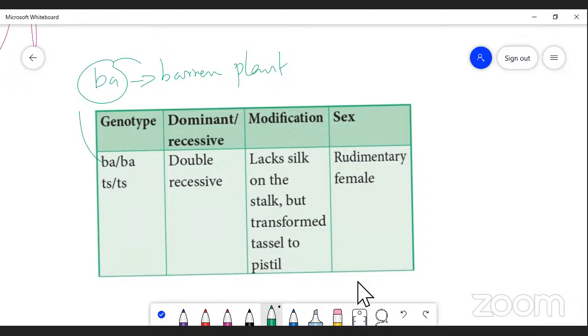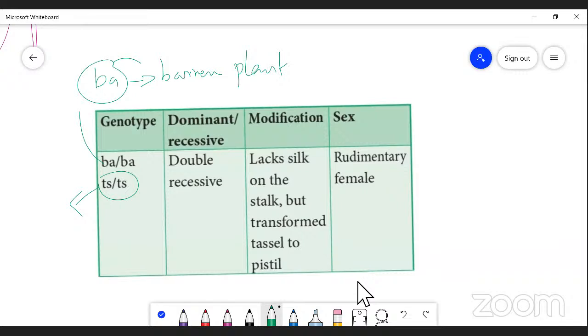that is ba. So these are small ba and small ba, and small ts, small ts. As I said, small ts is a recessive allele that is responsible for maleness, right? If it is found in a dominant character, it is going to determine maleness. If it is found in recessive, it is going to determine femaleness. That means undeveloped staminate form and developed pistillate flower, right? So due to the presence of ts and ba, if both alleles are found in a plant,